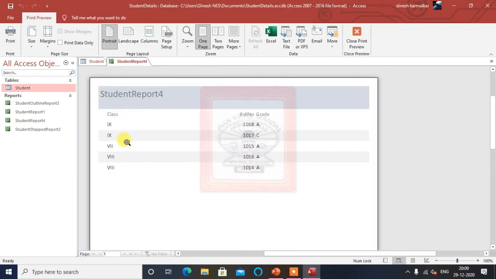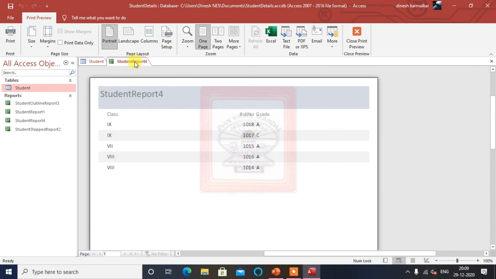Now you can see here class and roll number, and I am getting here 9th, then 7th, and then 8th this way. Since the class is not a number here, it is not coming out in numbers. Here it is coming out in alphabets, I, V, like that. So I comes first here, because even though we have written Roman letters, this 9 is an I, it is considered as an I. So in ascending order we are getting 9 first and not the 8th. So I, then V, and then this V we are getting here. But we are grouped according to the standards. 9 is coming together, 7th is coming together, and 8th is coming together.